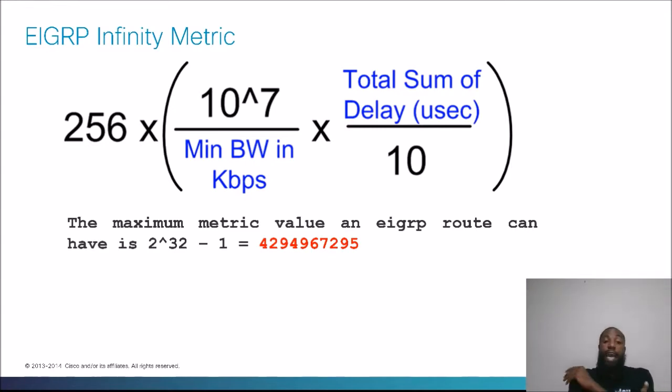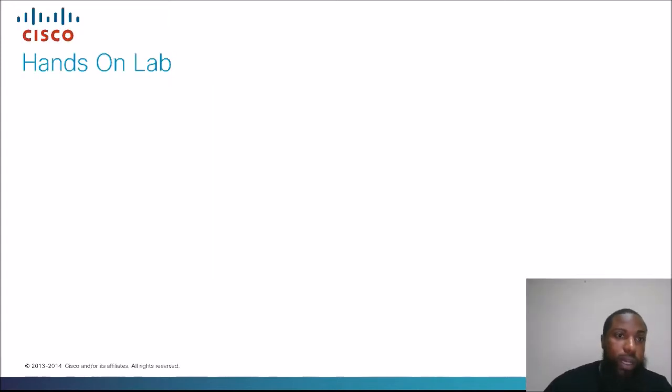Simply put, that right there is the calculation for the EIGRP metric. That's the maximum metric value for an EIGRP route, 2 to the 32nd power minus 1, which is that number right there. Let's go ahead and spin up GNS3 and discover what happens when a route becomes unreachable with OSPF,